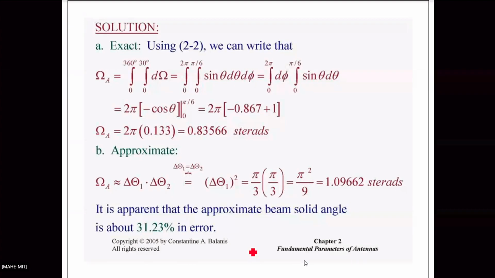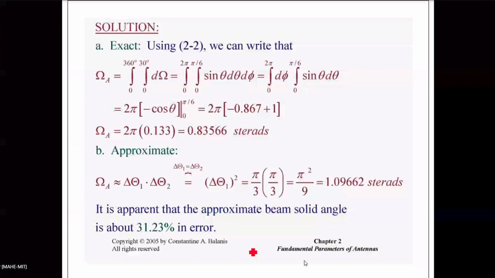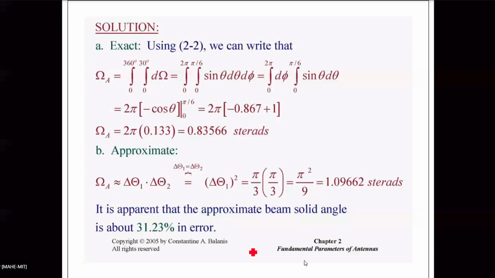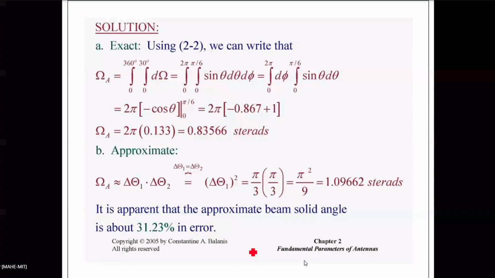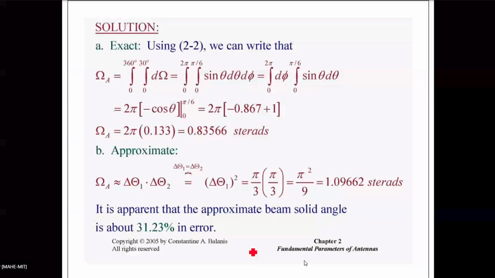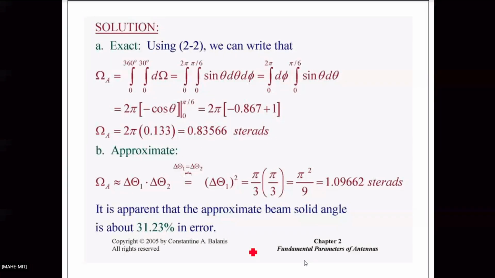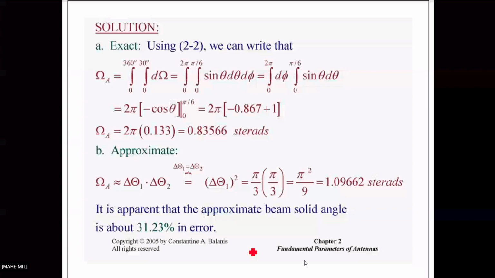Excuse me, sir. Will we ever be using the approximation in our calculations later? See, later we will use some approximation for finding that solid angle. In one of the formulas we will use approximation. I'll come to that a bit later. Now this is just what is discussed in the textbook, so I am presenting what is there in the slide.